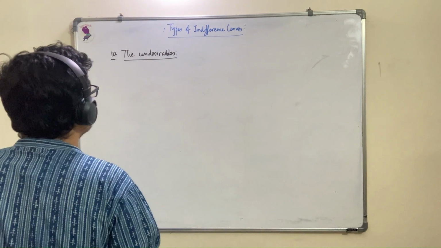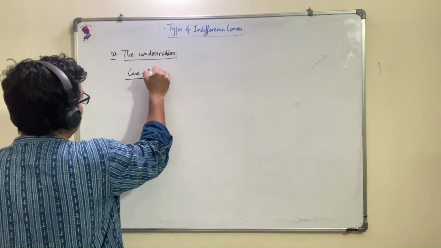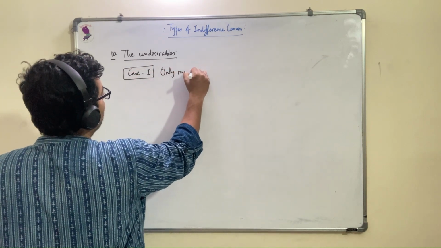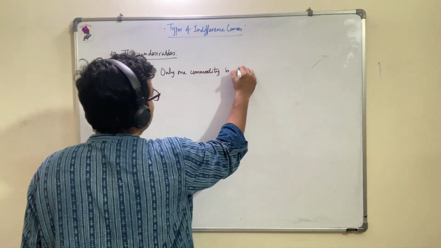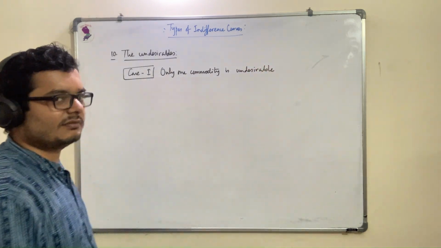Anyways, so there can be two cases. Case one is only one commodity is undesirable. Now we are not going to discuss it very much because we have already done Bliss Point, so